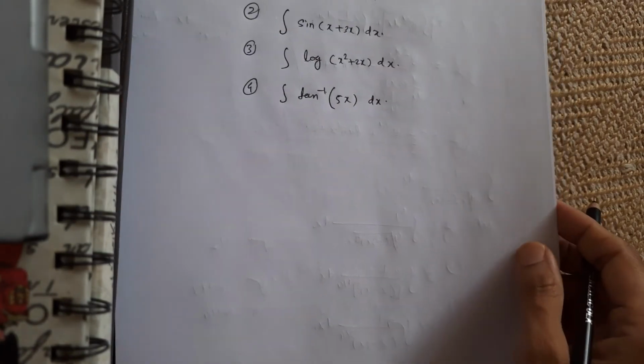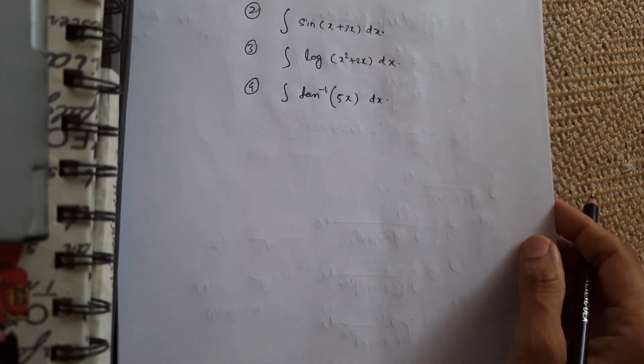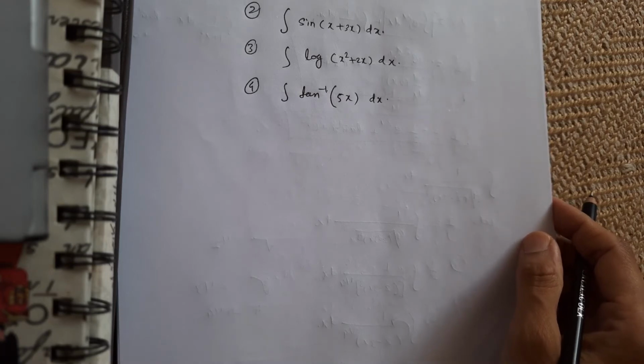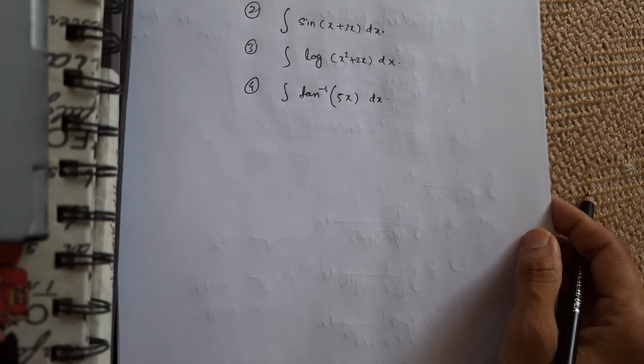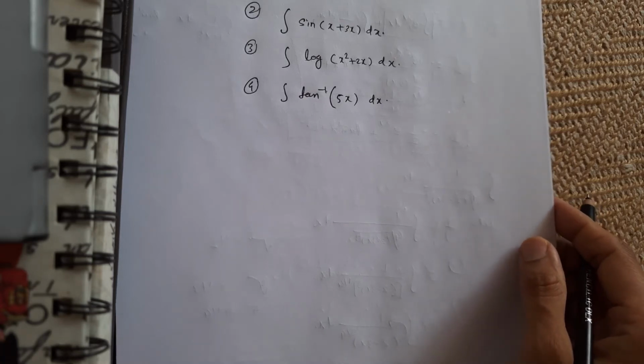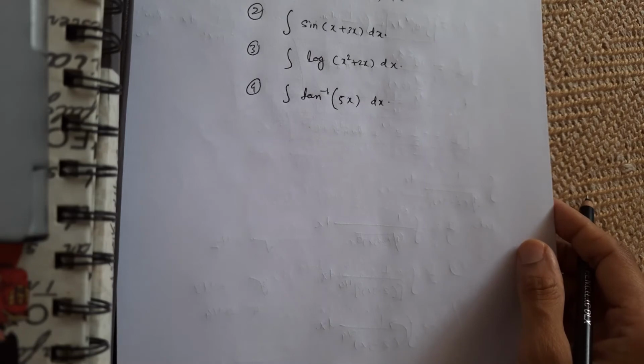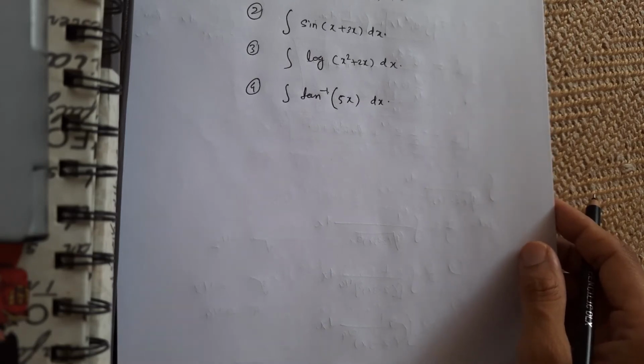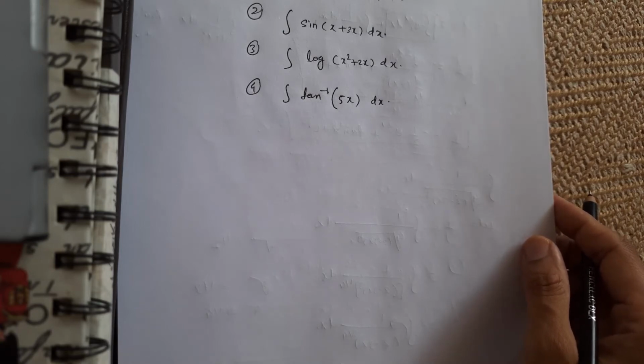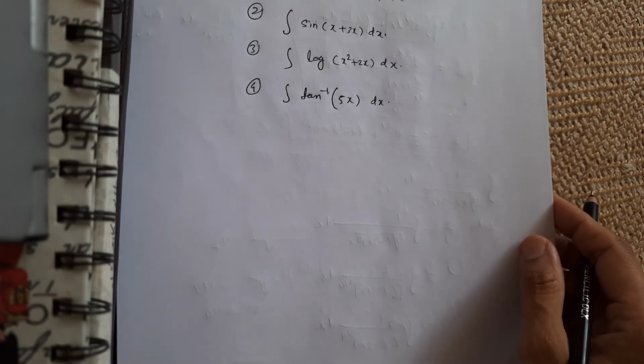Okay, now the next examples that I want to discuss. Students, always remember that finding integration is a very tricky thing. You just need to understand which kind of problem you can solve by which type, so it simplifies your life and you will get the answer easily. For example, I am going to discuss some trigonometric examples which you can solve by replacing them with another trigonometric formula, just because it makes your life easier.